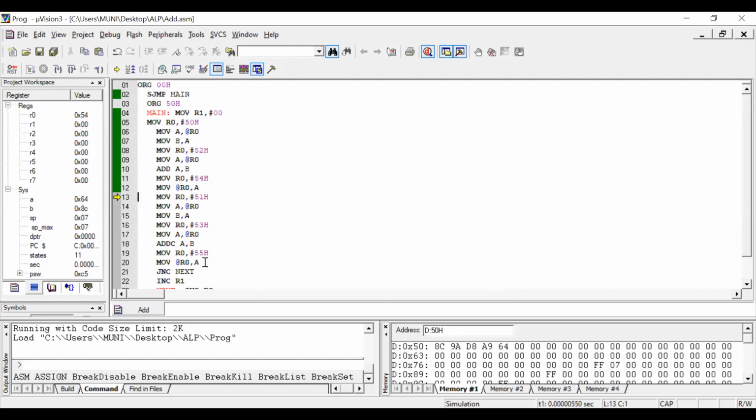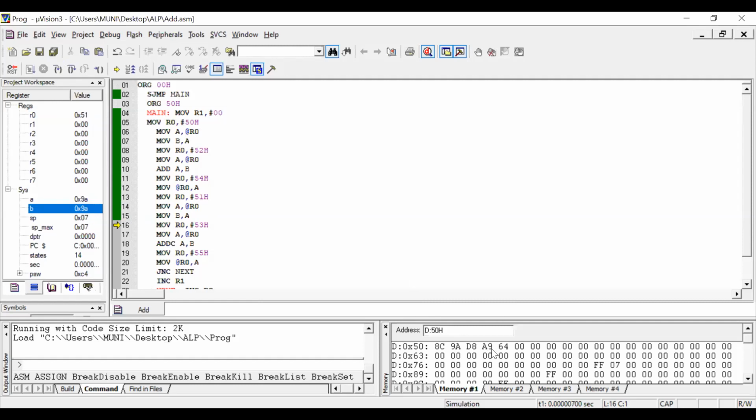And next step, higher order summation. So the higher order is here 9A. 9A is pointed to by 51H. So R0 is initialized with 51H. After execution of this step, here 51H. The content available at this 51H is copied into the accumulator. The content available at 51H is 9A. So 9A is copied here, so that after completion of this instruction, the accumulator is occupied with 9A. Okay, 9A is copied. The same 9A is copied into the B register. Okay, the B register is also copied with 9A.